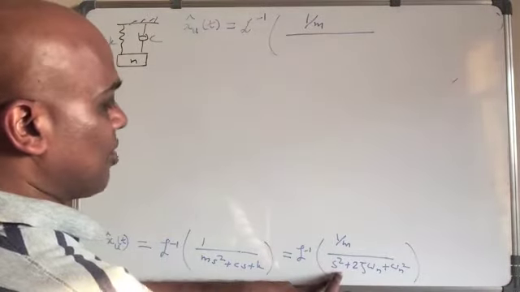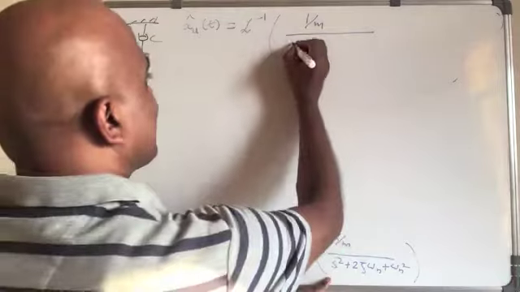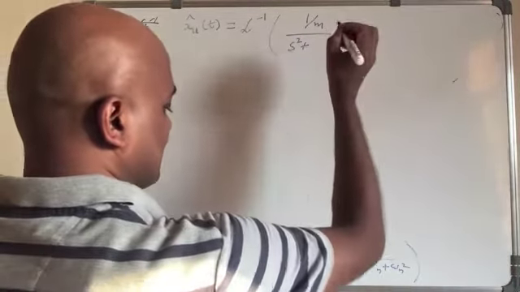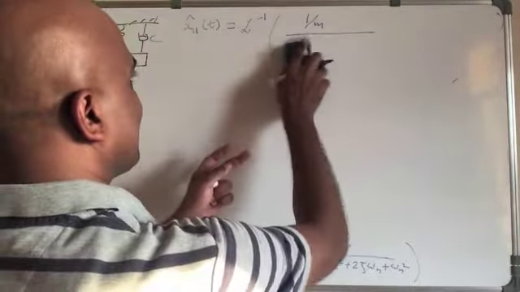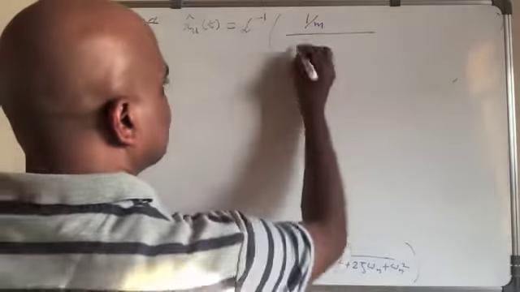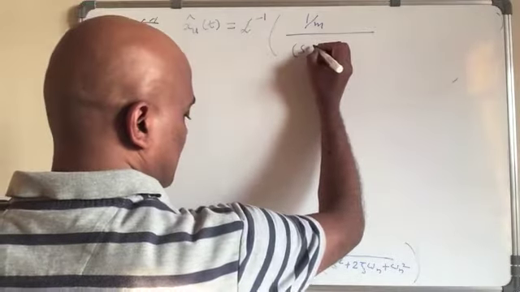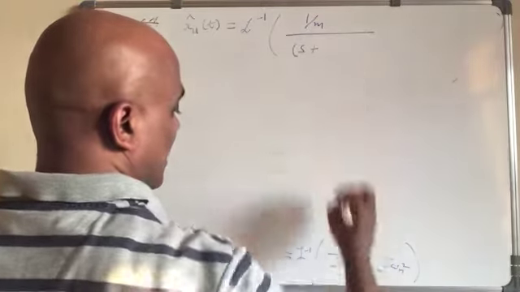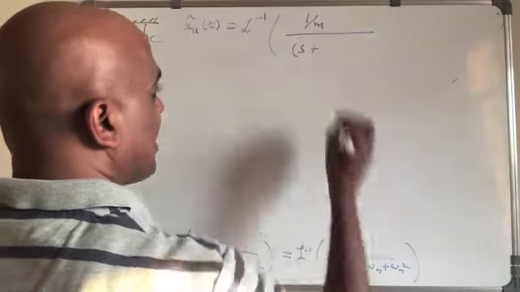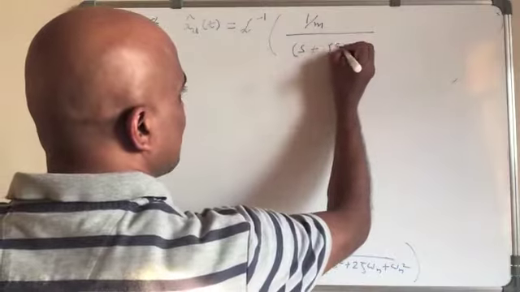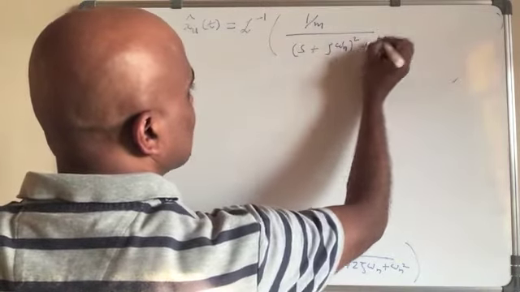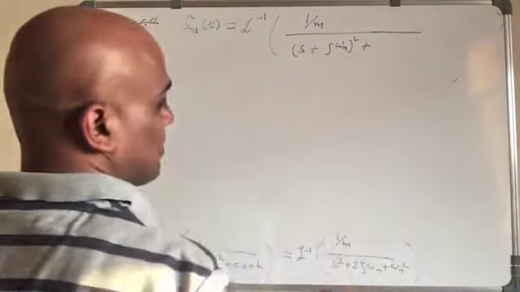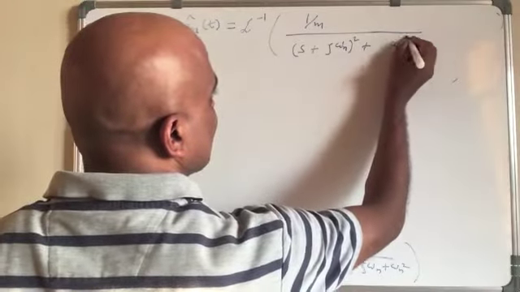We have s square plus 2 zeta omega n s plus omega n square, which is s plus zeta omega n square plus omega d square,